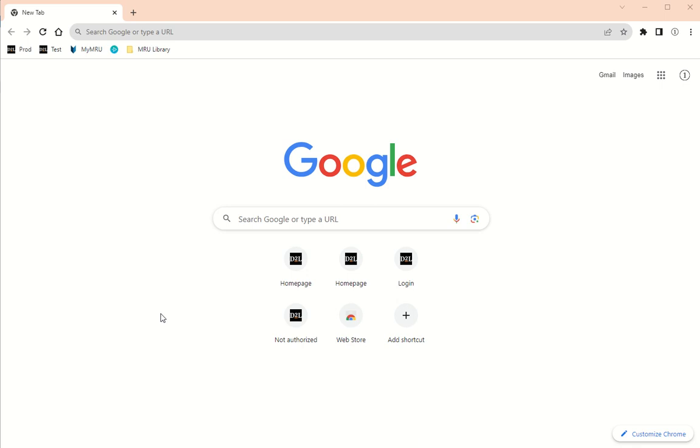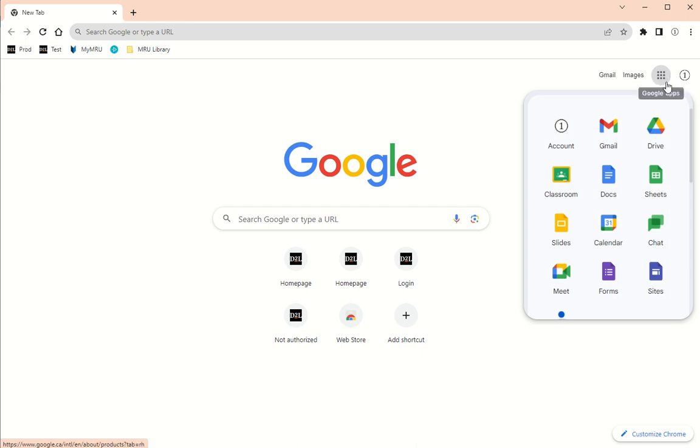To make a Google Sites ePortfolio, the first thing I recommend is to make a folder in Google Drive where you're going to hold all your artifacts. The most common problem with portfolios is that when you show it to somebody, instead of seeing the artifact, they see "request permission to view this." It's because the artifact is somewhere in your Google Drive that you forgot about and that you never provided the access, where it's easier if you keep them all in one place and control the access to whoever should have it there. So to do that, click on the waffle in the upper right hand and go to Google